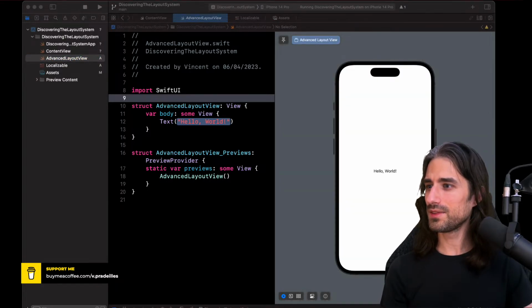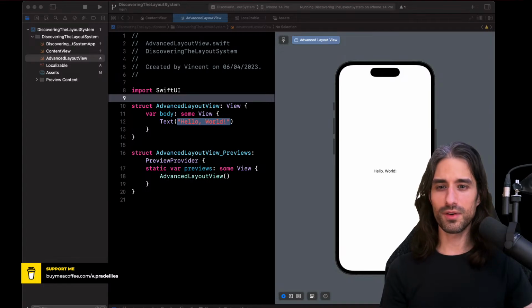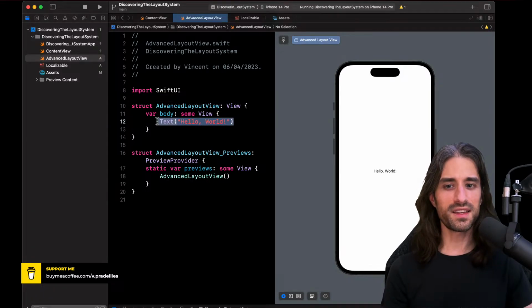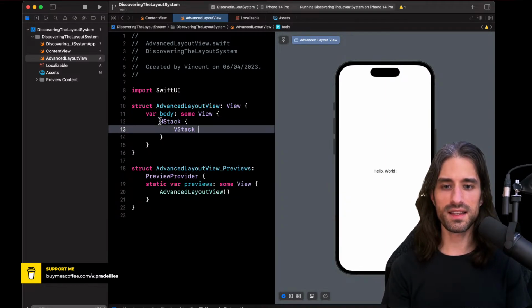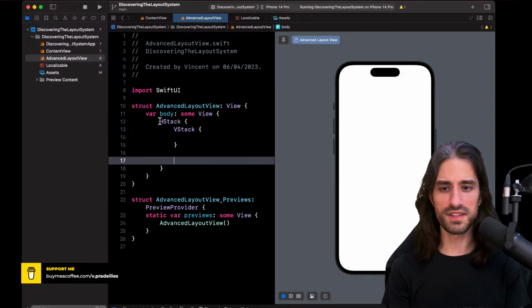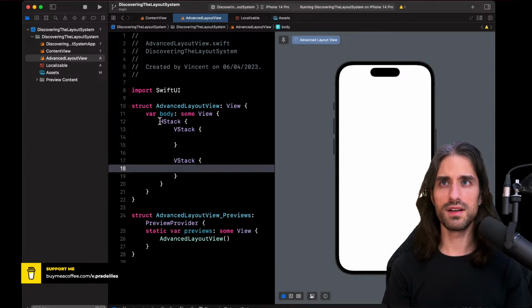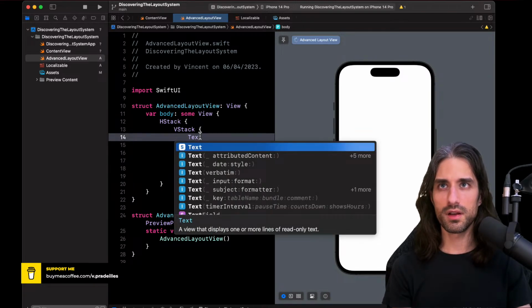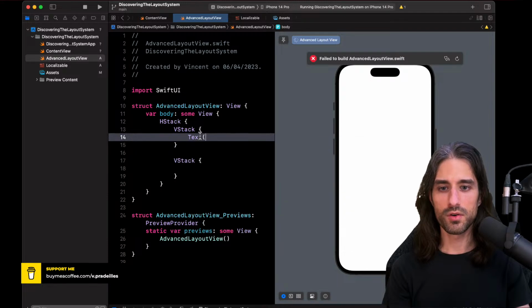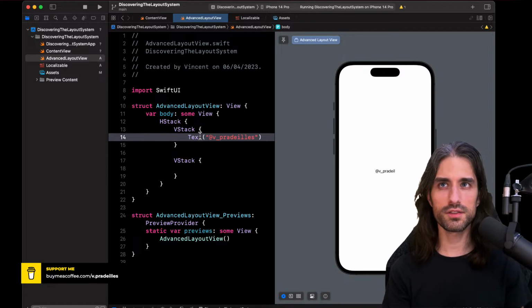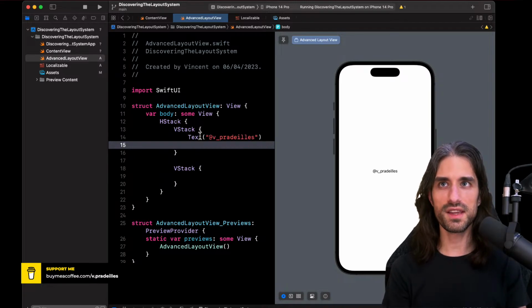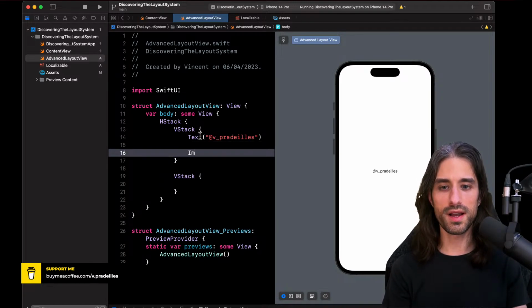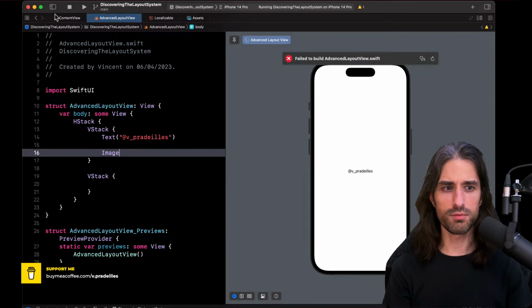Okay, what do I want? I want to have a view with two VStacks side by side. So I want to have an HStack, and then in this HStack, two VStacks. So like that. In the first VStack, I want to have first a text, which will be my Twitter handle, because why not? Okay, so I have the first text. Then I want to have an image. Let me make a bit more space.